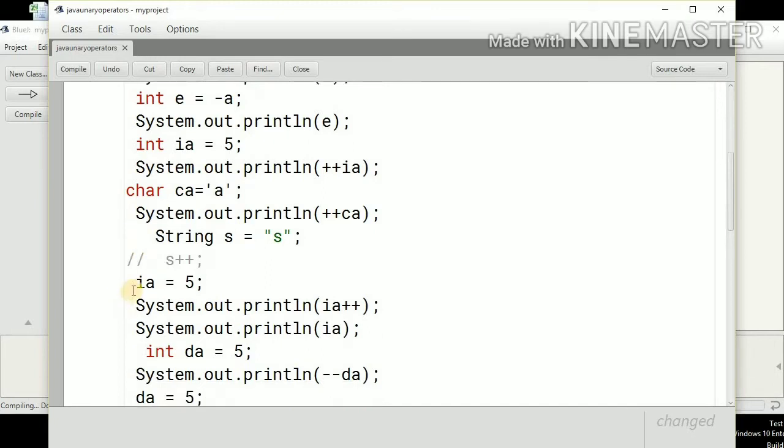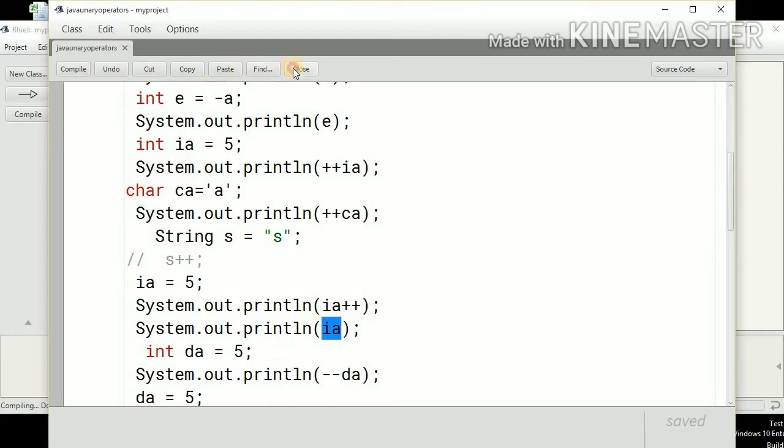Now let's talk about the post increment operator. So this is 5 and I have applied a post increment operator on IA. This means first the value of the variable will be used and then it will be incremented. So you can see in this output it should print only 5, but the next time I print the value of this variable, it will be the incremented value, from 5 to 6.